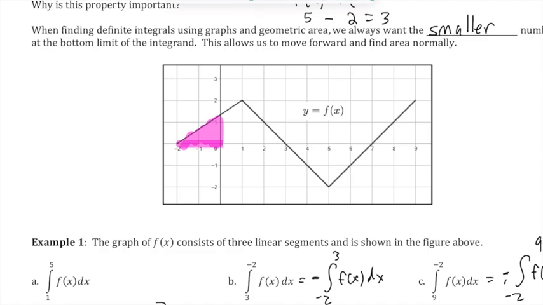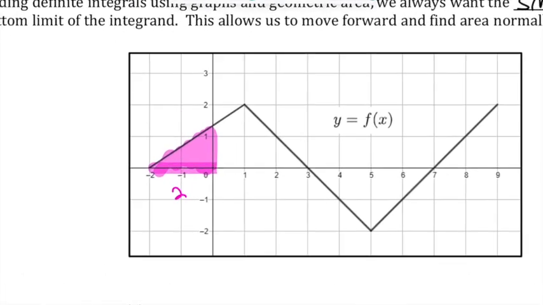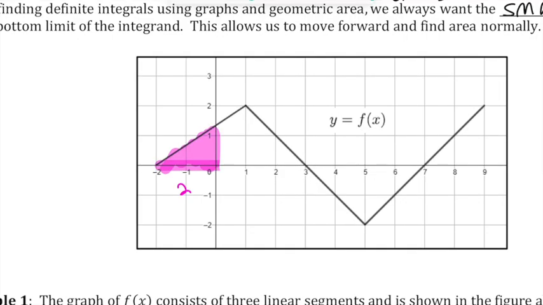Now, the base is easy to find. That's 2. Now, the height, notice that the height does not go exactly to 1. So we have to find the actual height. Now, to do this, if we know the equation of the line, we can plug in 0 to see what the height is. Okay, and so the slope of this line is going to be